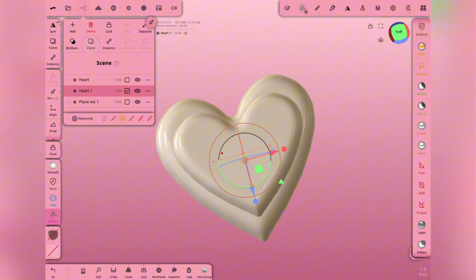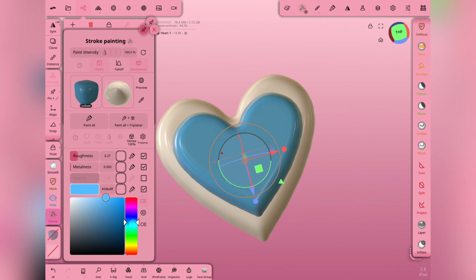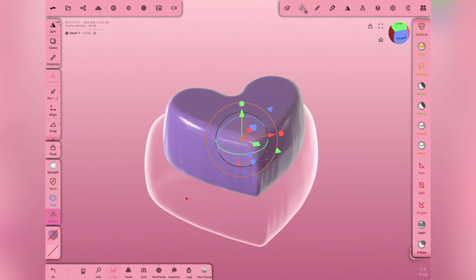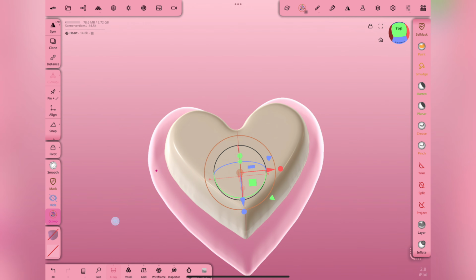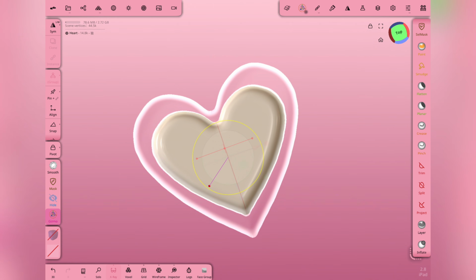Let's duplicate this again, and I'm going to make this a different color just so you can see the difference between the hearts. I'll make it a purple color, that way you can see the difference clearly. Turn on X-ray to show you. This is the new heart that I added, and then this is the old one that I have. I'm actually going to make the original heart smaller,